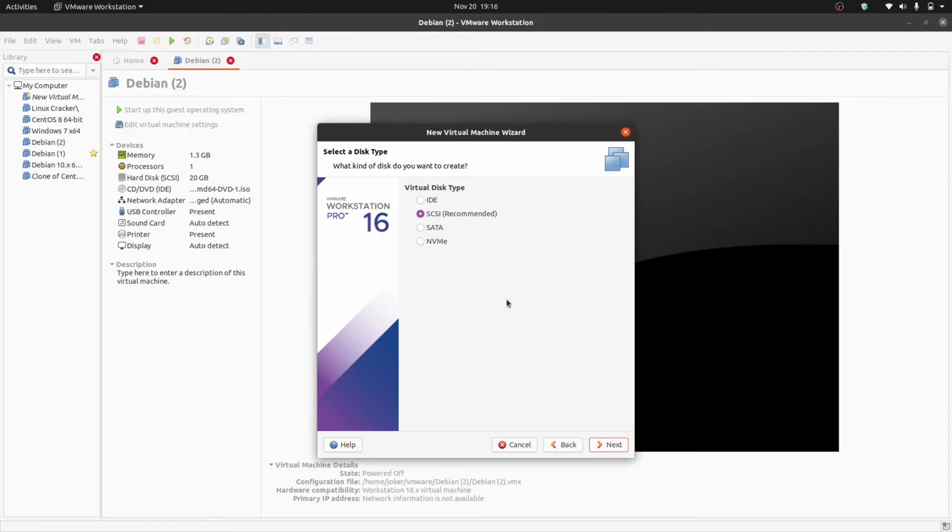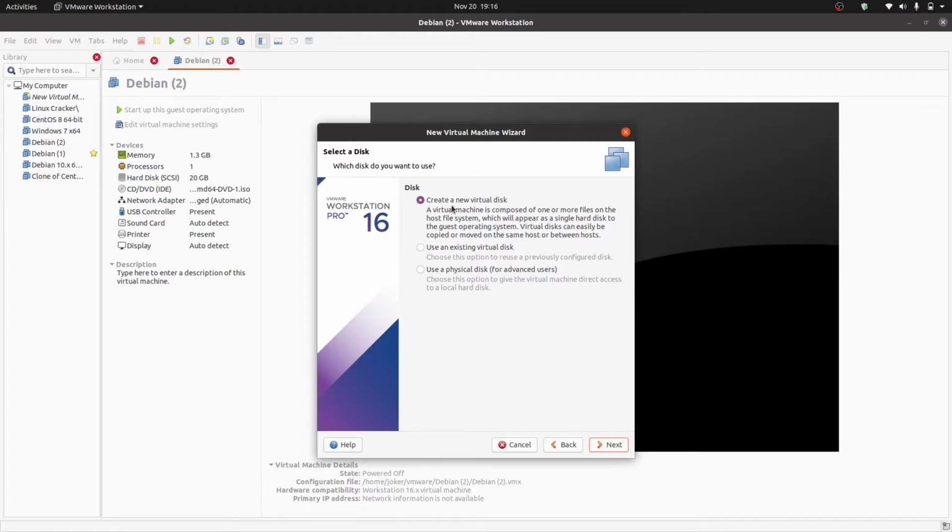Now we select Next, then create a new virtual disk for this operating system.